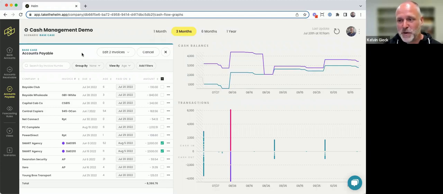entering information for the suppliers in terms of where to send the bill, their address, the purpose of payment. So there's a little bit of upfront time that needs to be spent in terms of setup, but once it is all set up, it saves a ton of time and effort in terms of ongoing maintenance costs. So it seems a little bit simplistic, or maybe trivial, but the reality is that paying bills directly out of Helm saves a ton of time in terms of trying to coordinate that with your clients or other people in your business. It saves a ton of time in terms of going into other systems.